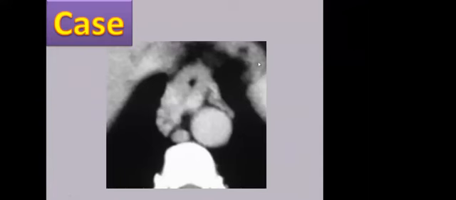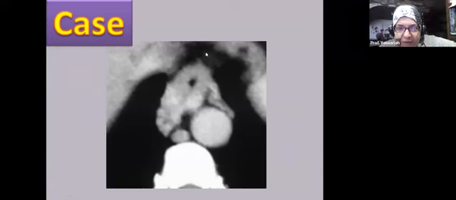Now, what do we have here? This is the region of the esophagus, the descending aorta, azygos, and this structure is the esophagus. What's wrong here? There is circumferential smooth prominence of the wall with compromise of the lumen, okay? And then there are nodular and